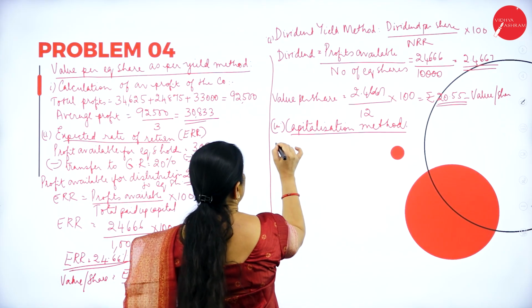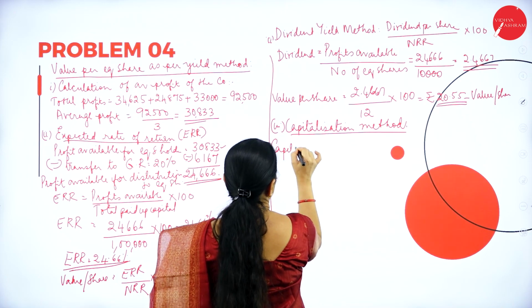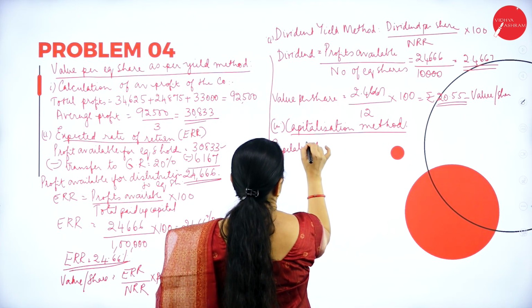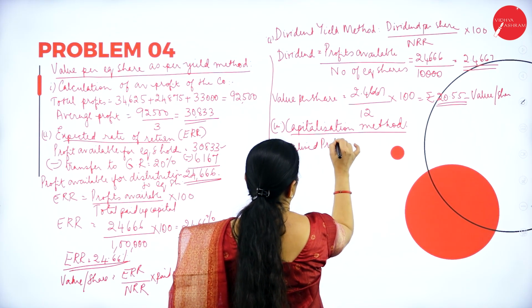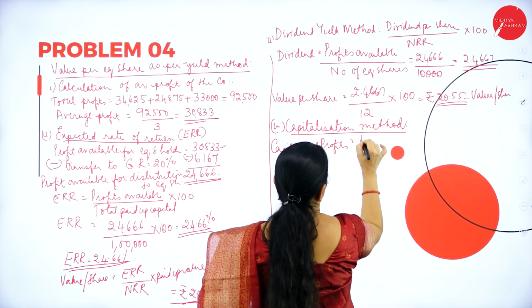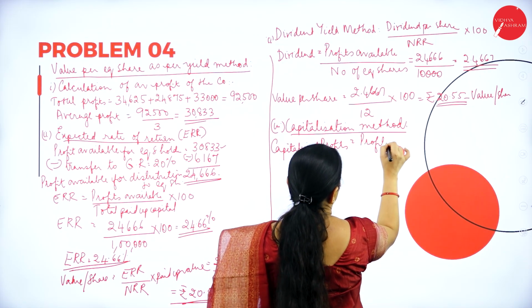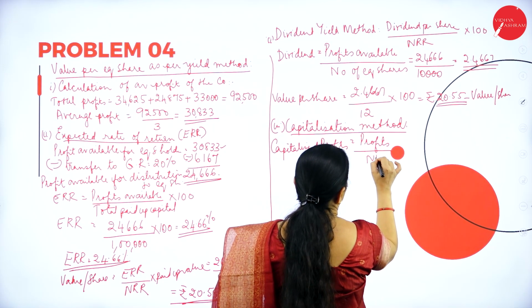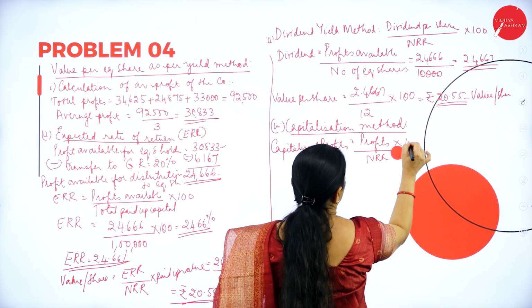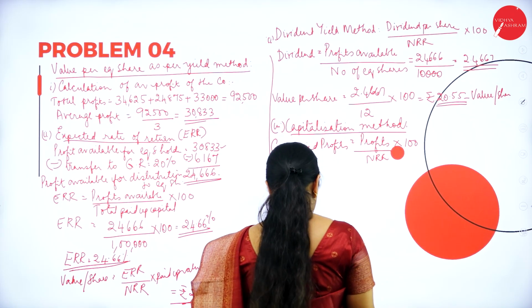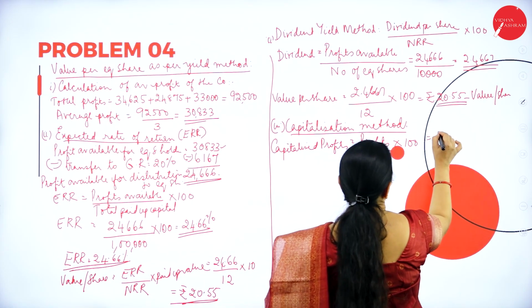So for capitalized profits, I get profits divided by NRR into 100. So this will be equal to